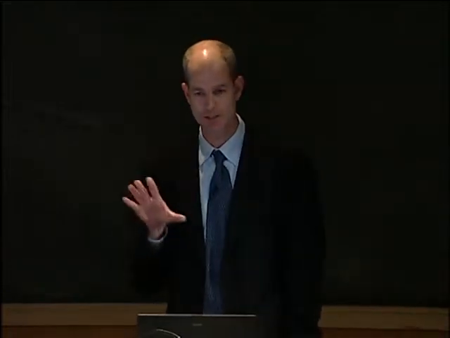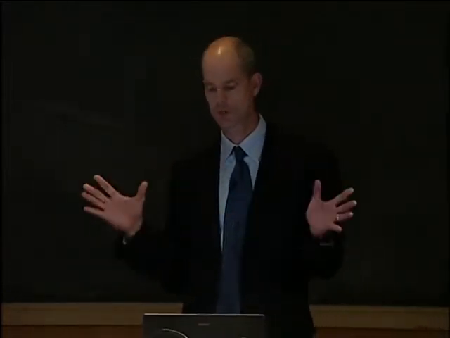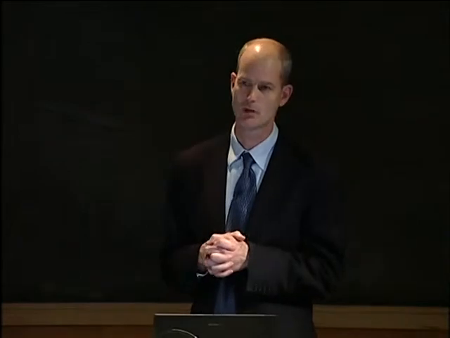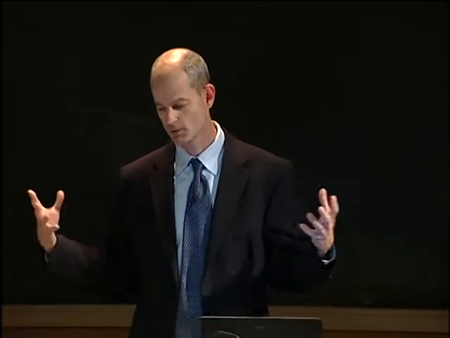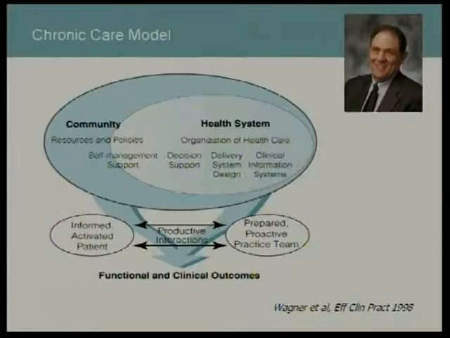So those studies, along with a whole other bunch of studies that looked to try to improve chronic illness care, were brought together by Ed Wagner to develop the chronic care model. And the chronic care model has sought to pull the evidence together on trying to improve chronic illness care in the United States to give us a roadmap for improvement. And so the fundamental thesis is you can't do one thing to improve chronic care. You really need to target multiple things.